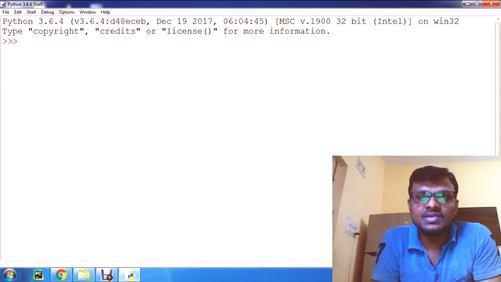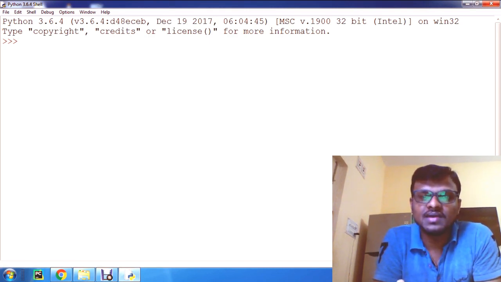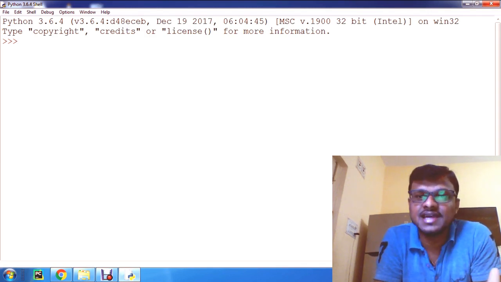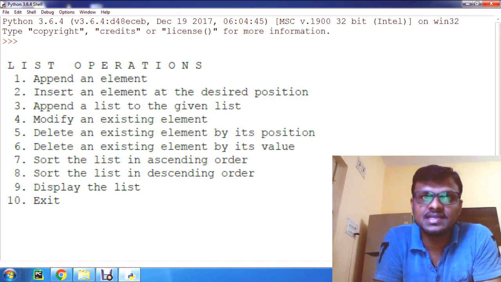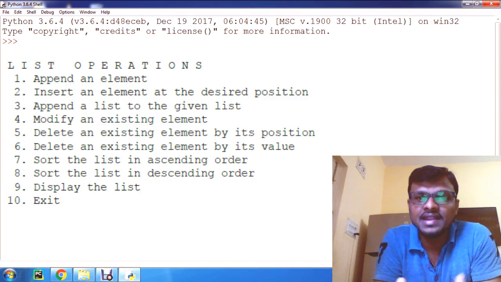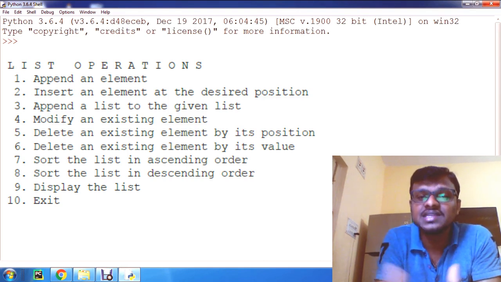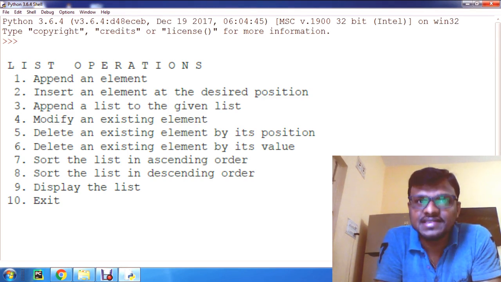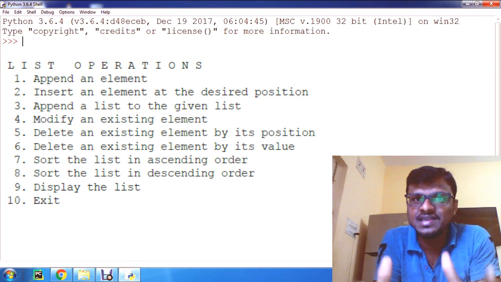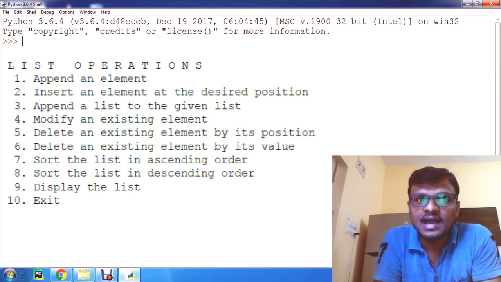So today we are going to write a program including various operations such as appending an element to a list, inserting an element to a list, appending a list to the given list, modifying an existing element, deleting an existing element from its position, deleting an existing element with a given value, sorting the list in ascending order, sorting the list in descending order, and finally displaying the list and exiting from the list.